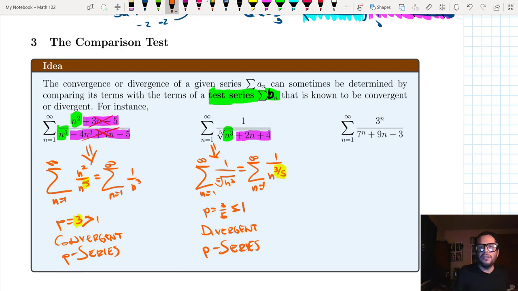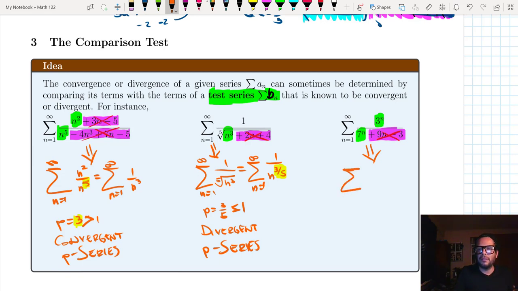Okay, what about this ugly looking series? Something that calls my attention here is the leading terms. We have 3 to the n and 7 to the n. We have exponential terms, which remind me of the geometric series. But this is not exactly a geometric series. The reason why this is not a geometric series per se is because of this 9n minus 3. So what am I going to do? I'm going to pretend that those two terms are not there, and I'm going to come up with some test